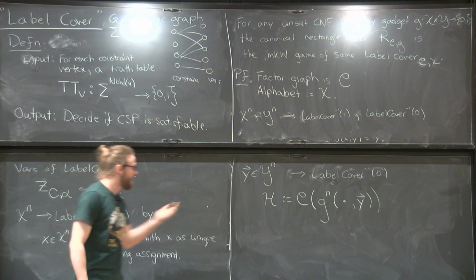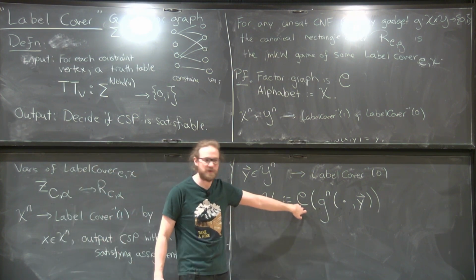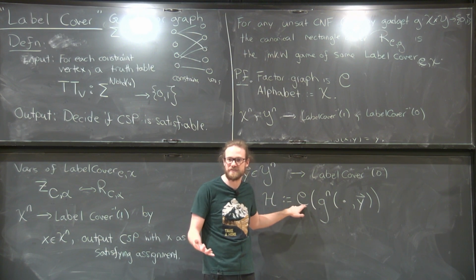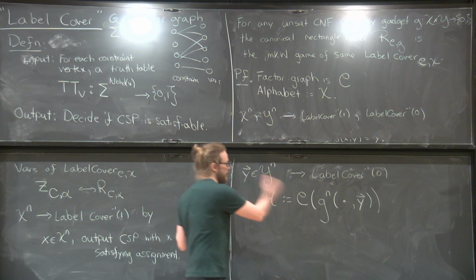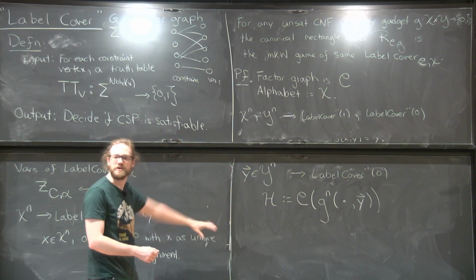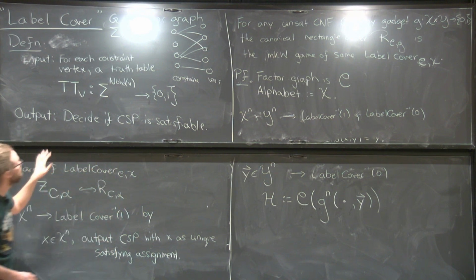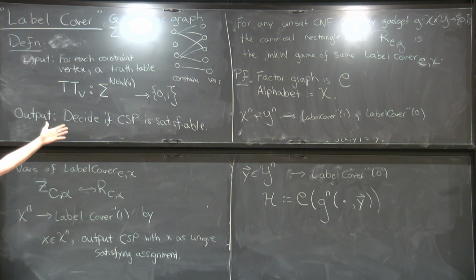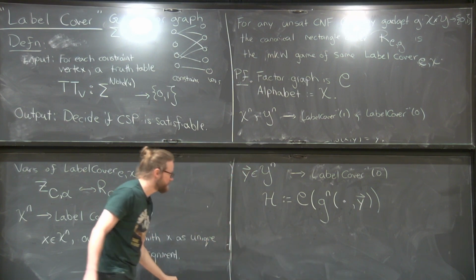So now, why is this a 0 input? Well, it's because C is unsatisfiable. So no matter what I plug in here, I'm going to get an unsatisfiable CSP at the end of the day. And it's not hard to show that this thing goes in reverse. So this is kind of remarkable, I think. If you start with this and you do this natural composition, you get a very natural function in NP. And maybe just to finish off with saying in words,